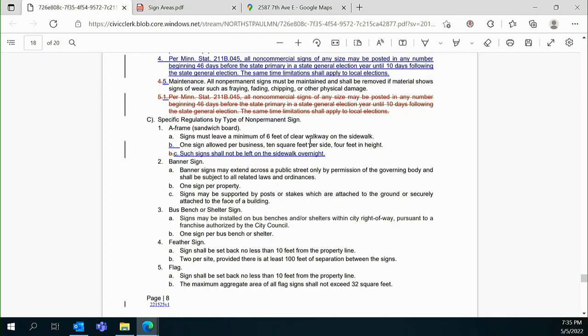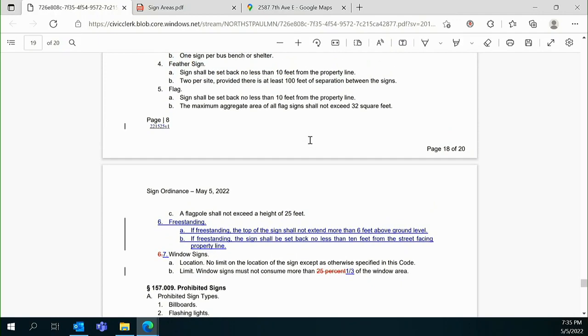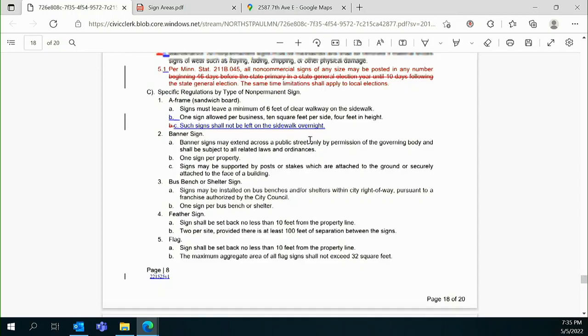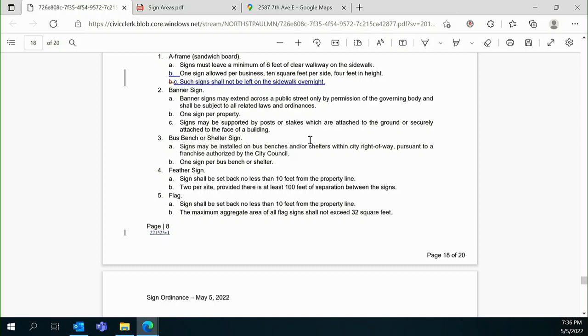Correct. And others of these already have it, so the feather sign, the flag sign has it in there. Maybe we say 6 square feet. Does that seem too big for the exception? Because that's what a sandwich board sign probably would look like. I'm suggesting that you skip the exception and just put a setback wherever you want, on whichever signs you want, on the non-permanent, which might be all of them except for the A-frame. Although the exception kind of does get to the point if you've got a tiny sign, like you're saying.